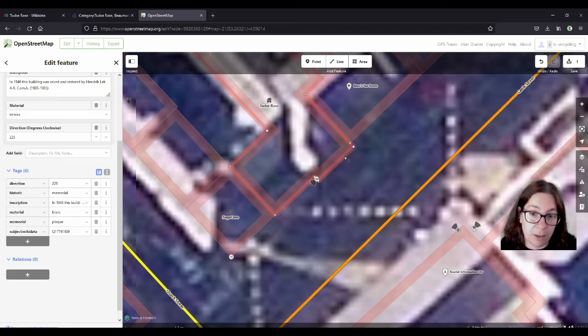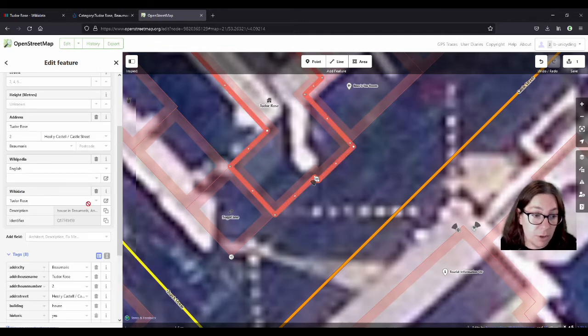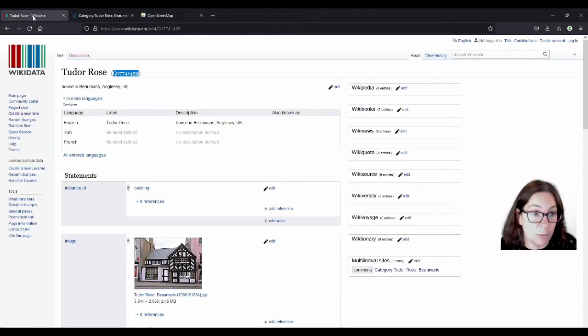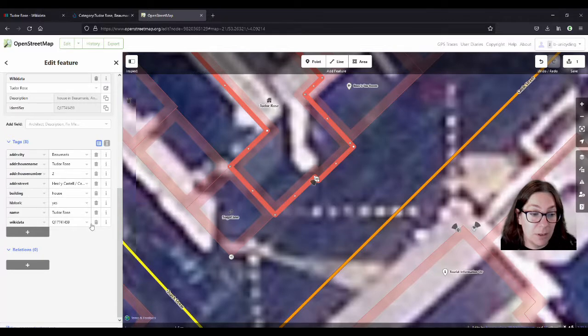But if I click on the house here, on the outline of the house, you see that it has a Wikidata entry, and it is the same number. Should be anyway. It is, yeah. This is because this is the Wikidata entry for that building, but the plaque only mentions the building. I hope I can make myself understood.